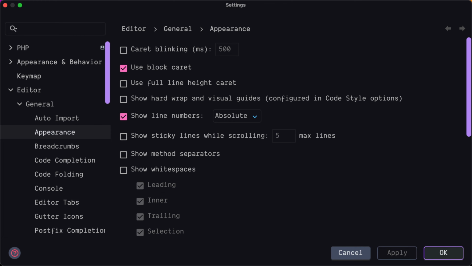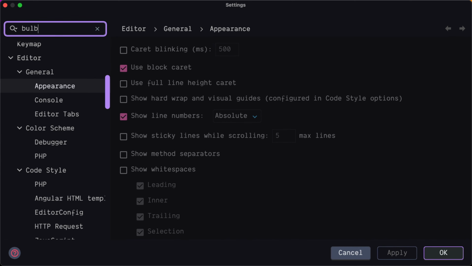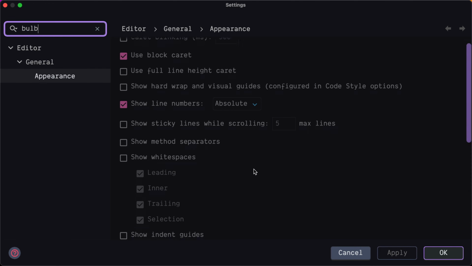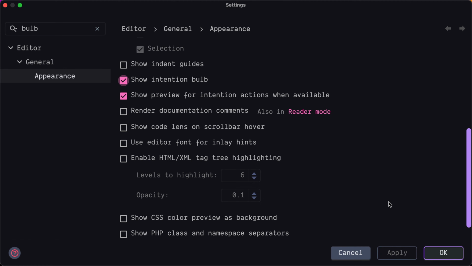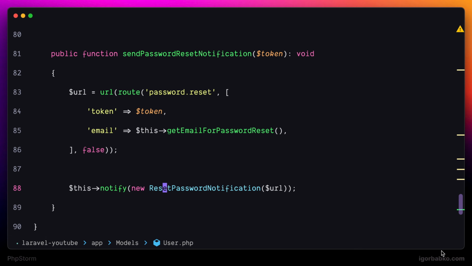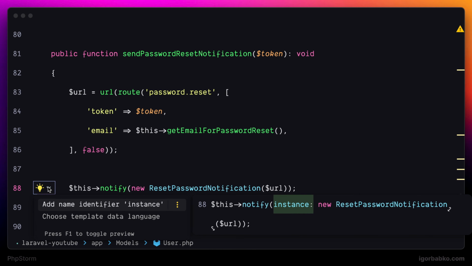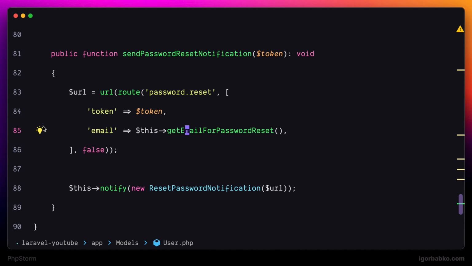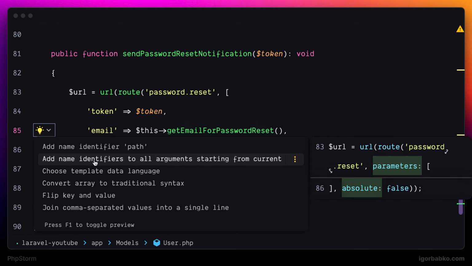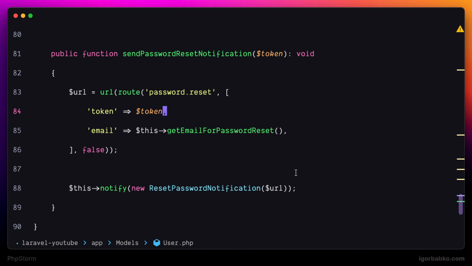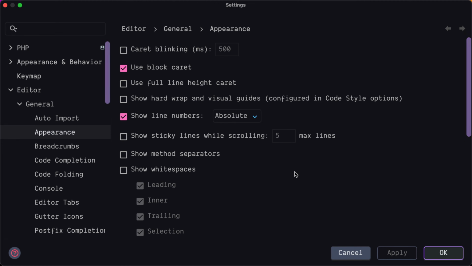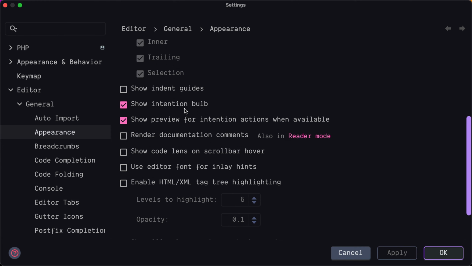Settings and find the option which is responsible for showing that light bulb icon. It is located under the Appearance section and is called Show Intention Bulb. Now, as you can see, I get such a light bulb icon that I can use to open up a list of possible refactorings. But as I said, for me it's much easier and faster to use a keyboard shortcut to open up this list, and I'm going to disable this option for myself in order to not show this light bulb